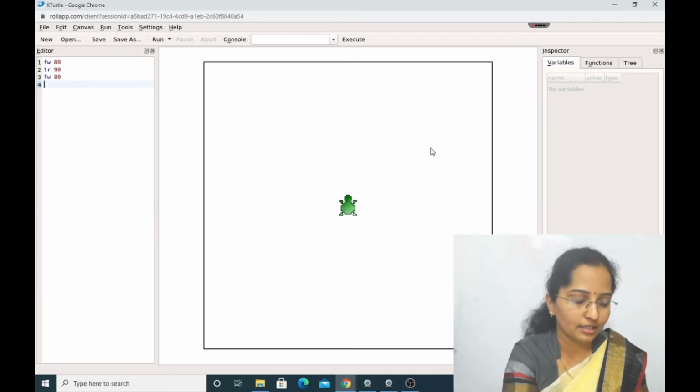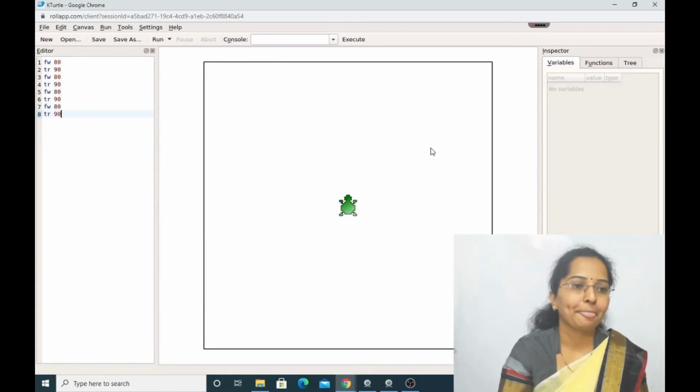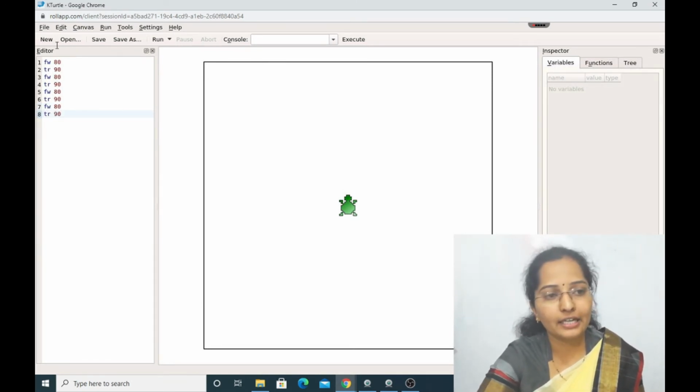Again TR 90, enter. FW 80, enter. TR 90, enter. One more, last time we are going to type FW 80, enter, and TR 90. 4 times, 8 commands repeatedly we have typed.